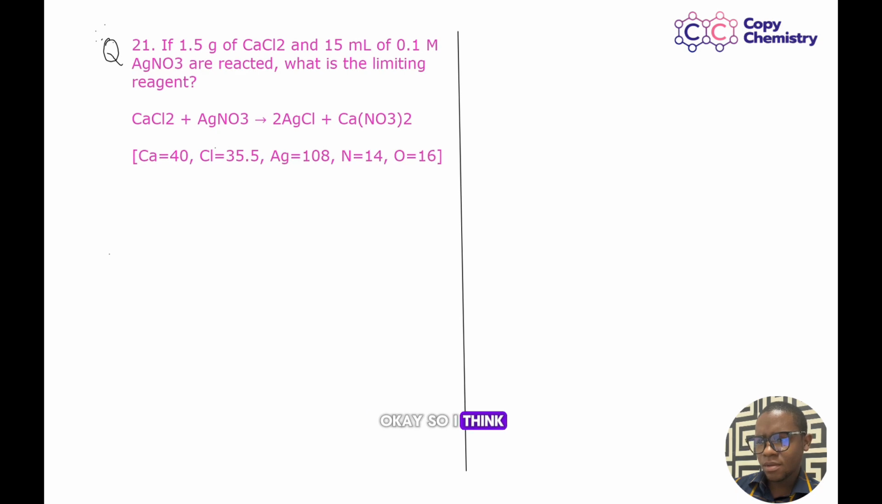Okay, so I think this is question 21. Starting from question number 1, we've been emphasizing that you have to use your limiting reagent when you're doing calculations. It's very important. So this is going to be a review on how to get a limiting reagent again, working with questions like this. What you are going to put in the comment section for me will be